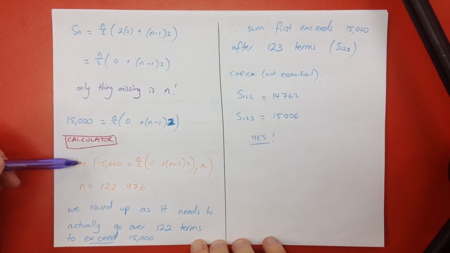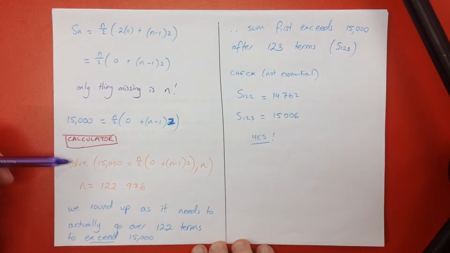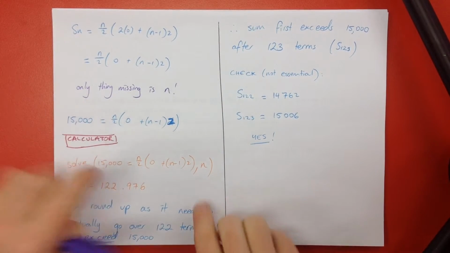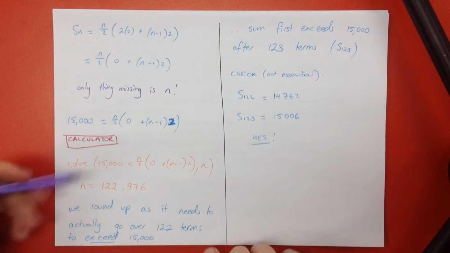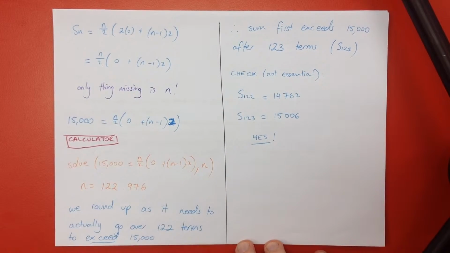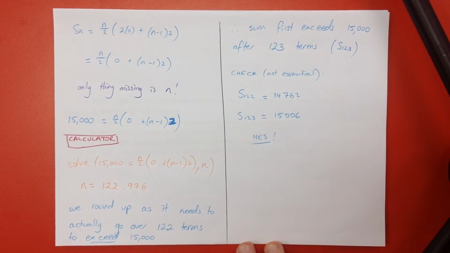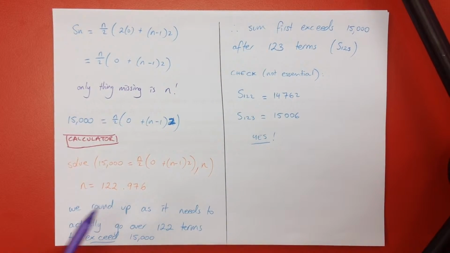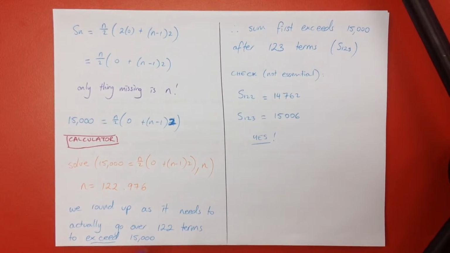And we ask the calculator, solve 15,000. You would know Menu, Algebra, Solve by now for sure. We want to ask it what n equals. It's going to tell us n is 122.976. So, after we've summed the first 122 and almost 123 numbers in that sequence, that's when it's going to